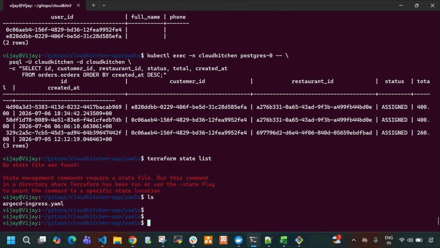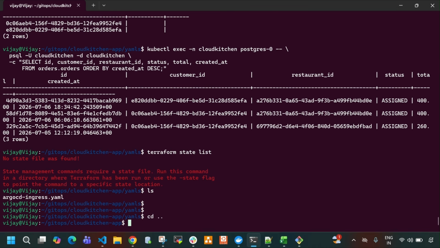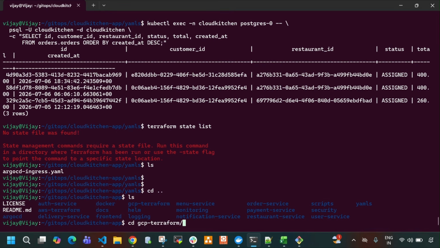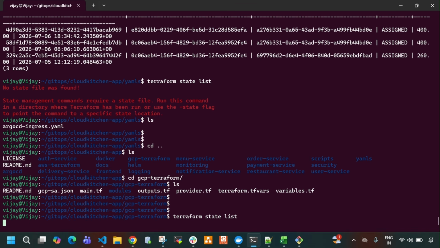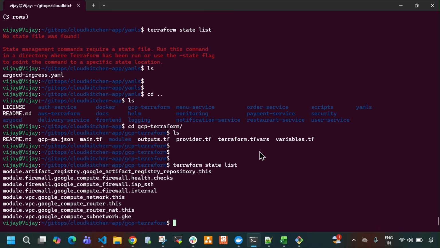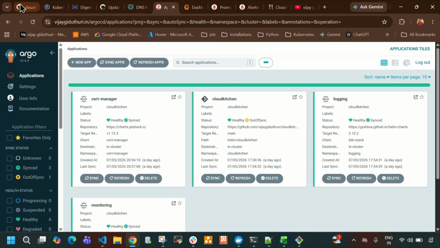Let me do ls, okay, gcp-terraform, terraform state list. So it is going to show all the created resources. Okay, so we created artifact registry, firewalls, VPC, cloud router, cloud NAT, and subnets. Apart from the GKE cluster, we created all the GCP resources using Terraform, guys. Okay, due to lack of credentials, I haven't created the GKE cluster using Terraform, but inside these Terraform scripts, you can find